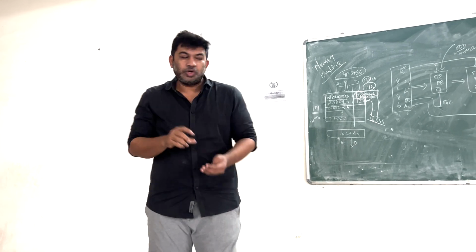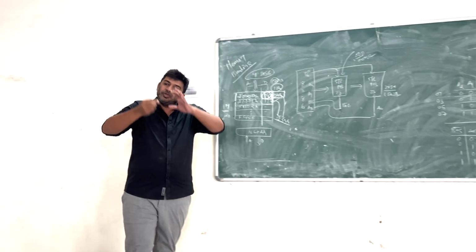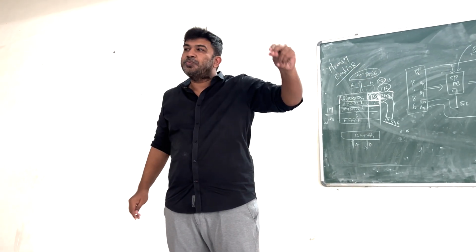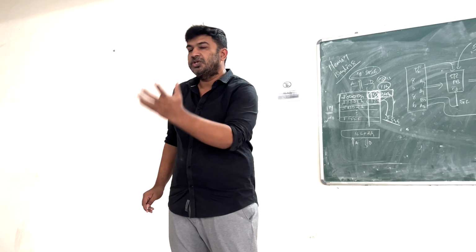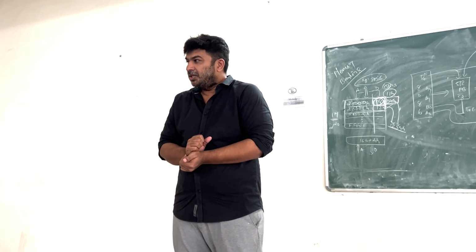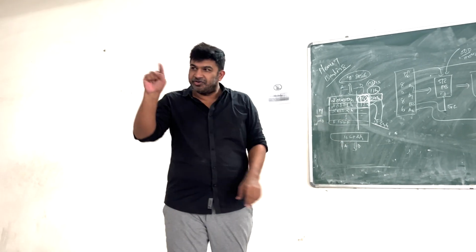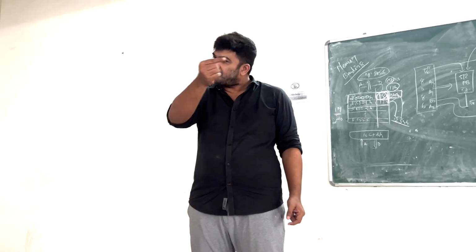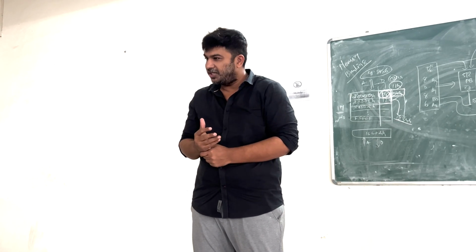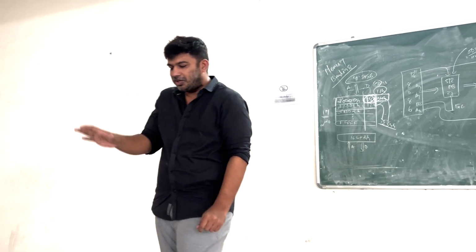So the unit should be smaller so that your memory will not get wasted. You can put multiple memory. Memory can be as large as you like, but one location should store only one byte to save the memory and to access the data properly. Understand? Another advantage of keeping only one byte in one place is you can do a minimum 1 byte operation and a maximum of whatever operation you want to do. It is in your hand. Understand?